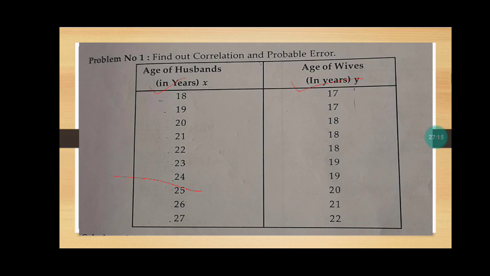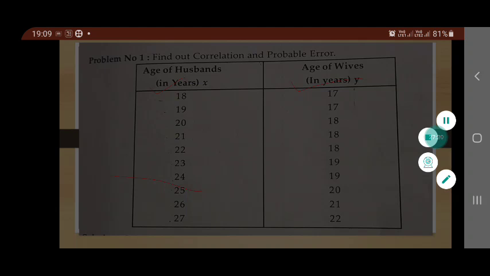We have calculated the coefficient of correlation by using the formula in Karl Pearson's coefficient of correlation. Okay, in next lecture we are going to deal with the next numerical problem. Till then, you keep studying the problem. In case you are having any doubt in any of the problems, you can ask me, as the problem is entirely solved in this PPT, so you can make your own notes by using this PPT.